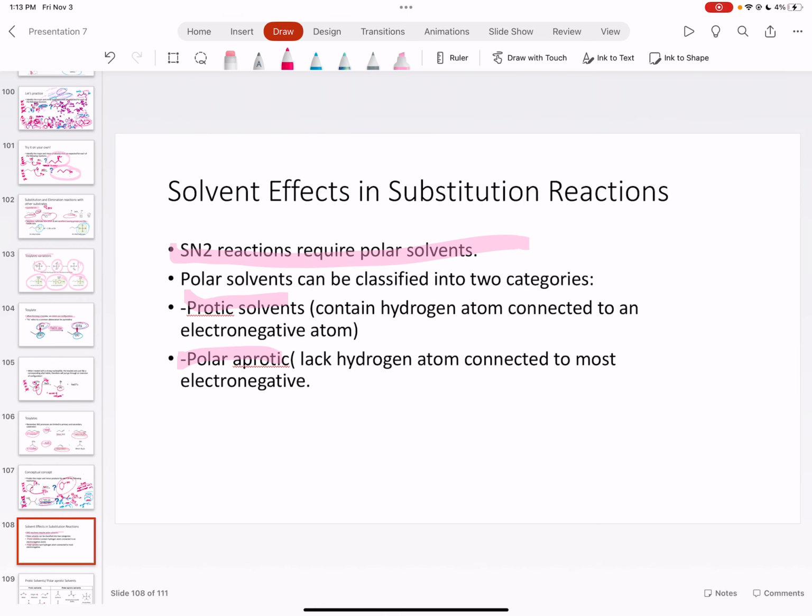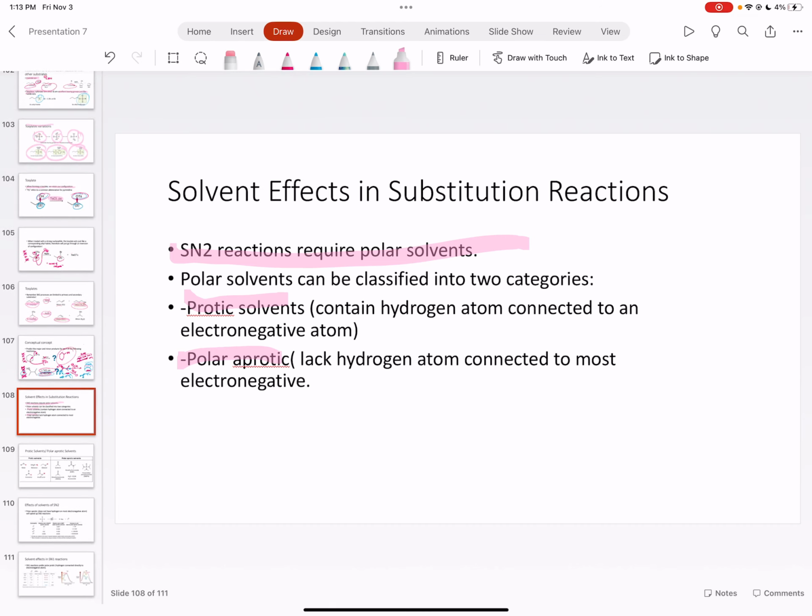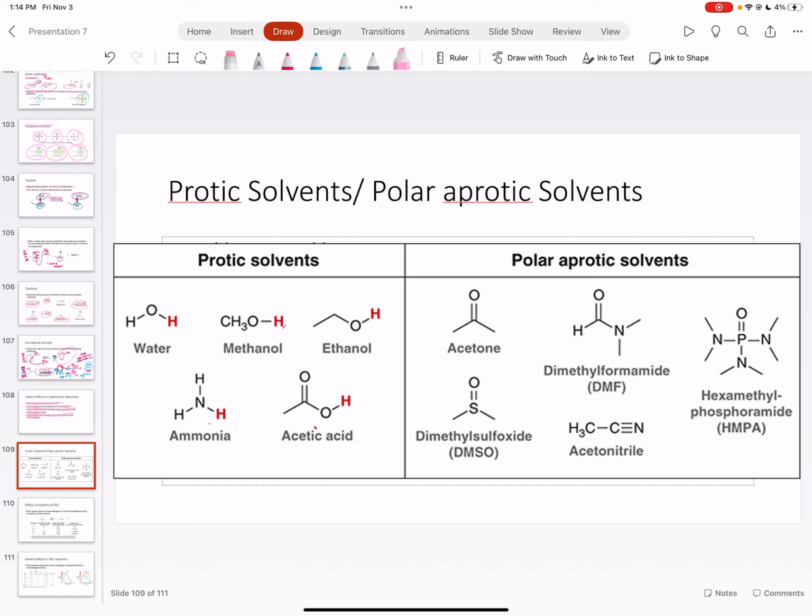Okay, so solvent effects in substitution reactions. SN2 reactions require polar solvents. Polar solvents can be classified into two categories. We have protic solvents, which contain a hydrogen atom connected to an electronegative atom, and we have polar aprotic, which lacks a hydrogen atom connected to the most electronegative atom. So what are protic and polar aprotic solvents? Like it said,